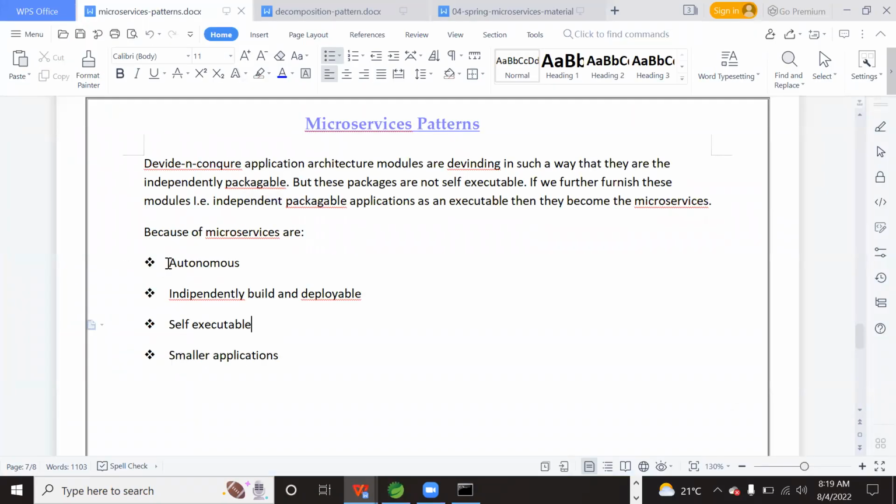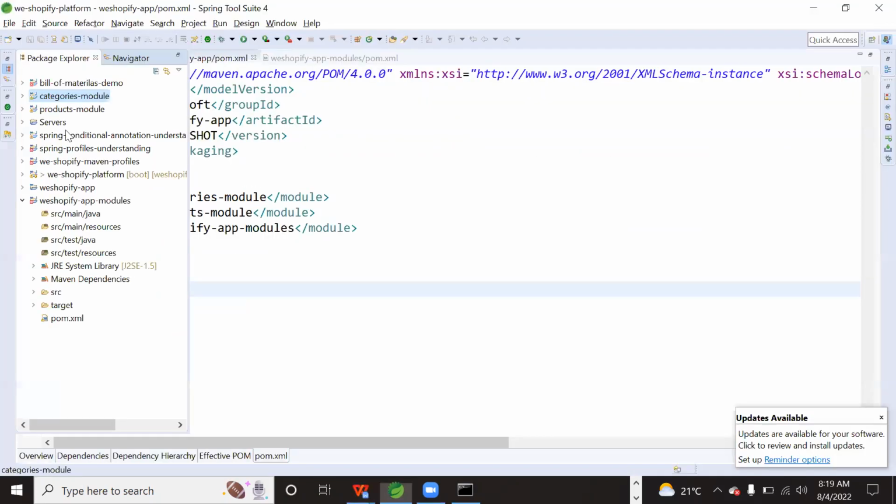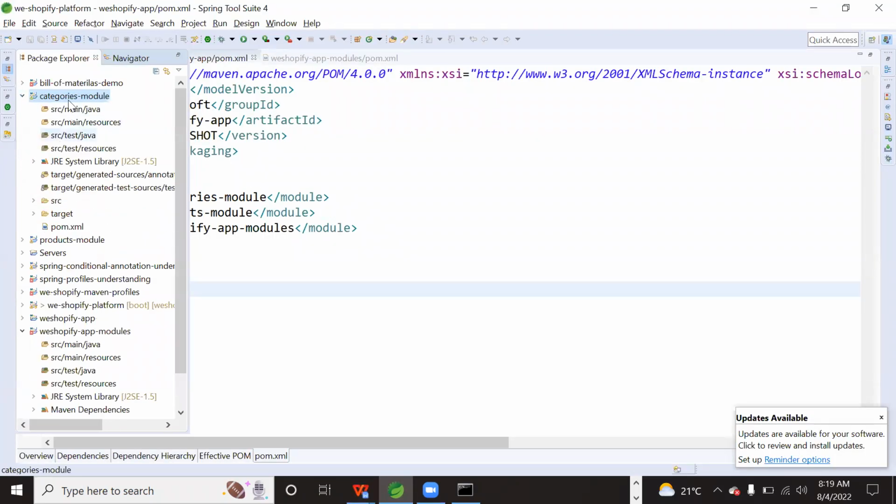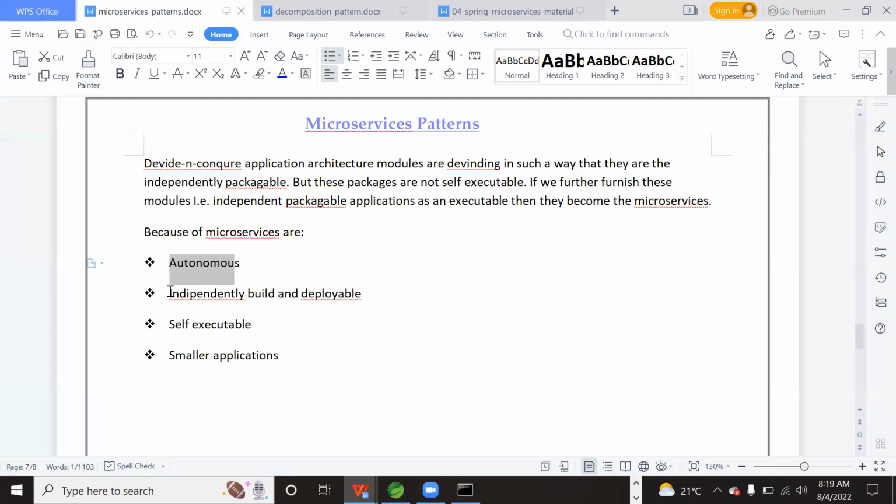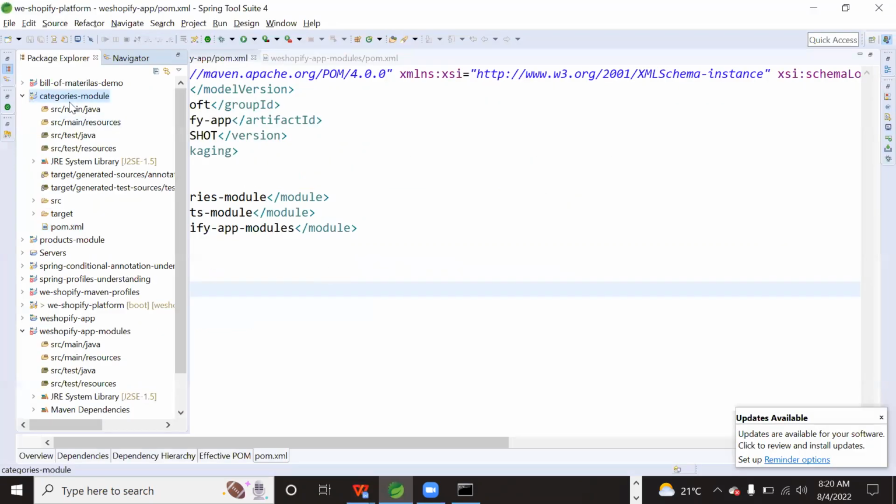And these are autonomous because every application contains its own JRE system library, its own package and build mechanism, and its own source code within this module only. That is the reason it is autonomous and independently buildable, but not deployable. And these are not self-executable.